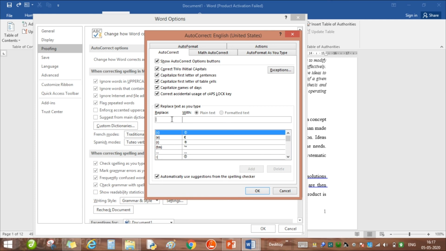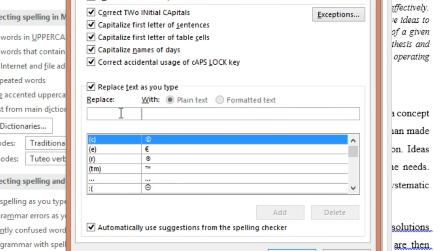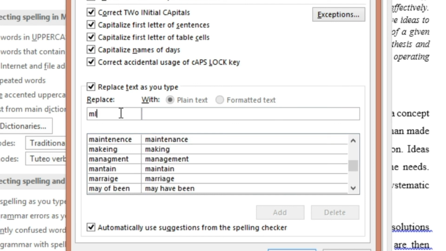For example, I am writing a report on machine learning, and this is a term which is coming again and again. So I will write ML, and when I write ML here, what is it replaced with? The autocorrect option is for when we commit some mistake in the spelling of any word, it corrects automatically. So that is what the autocorrect option is, we already know, but we can use it for our own benefit. We can improvise in this autocorrect option like this.